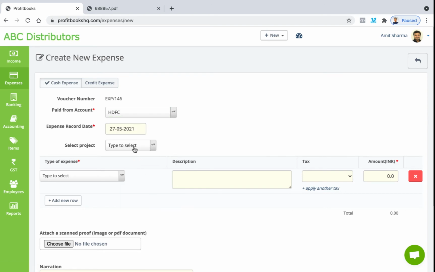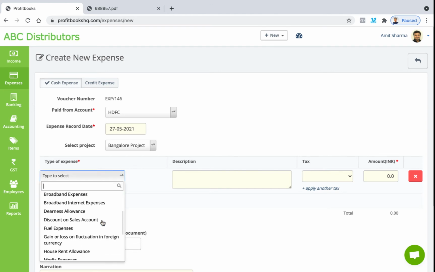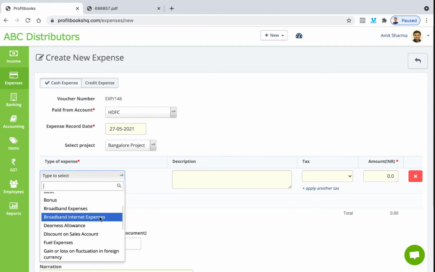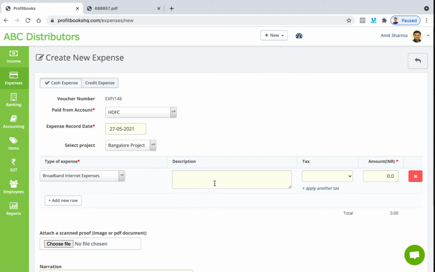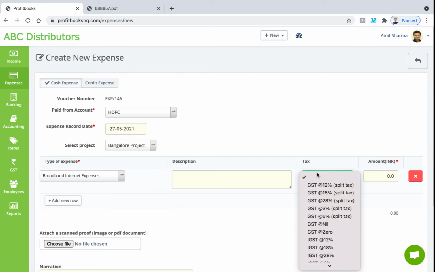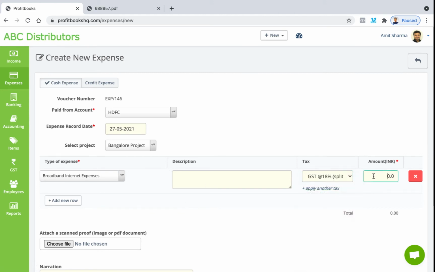And you can also categorize all the expenses or income or purchases as per the projects. You can create a project and you can just select a project. It could be your campaign, it could be for a customer, could be for a project. You can just select it and group all those transactions under the project. Okay, so let's select some kind of an expense, broadband internet expenses. Just specify the description, if there is any tax, and the amount,